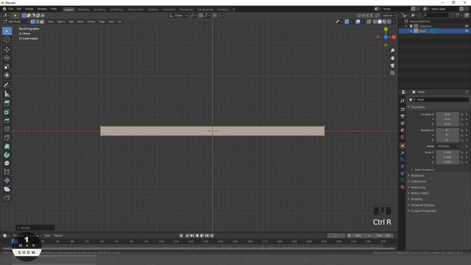I am pressing Ctrl R on keyboard. Again, I am adding new loop cuts, but this time in a different angle.